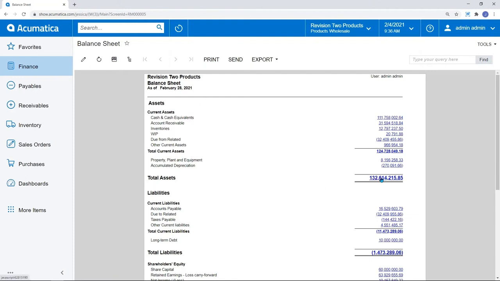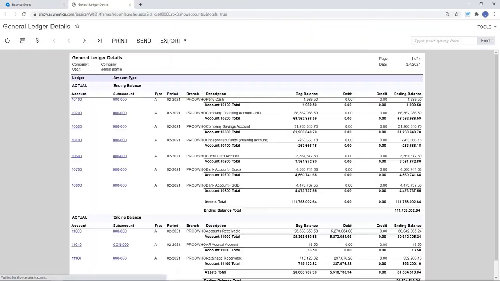I can drill down from my totals into the account details behind that. So just like we saw with our dashboards, very strong drill down capabilities, which can help me understand why my accounts are looking the way they do. Here's my export button again. So we can have that Excel functionality just about anywhere.